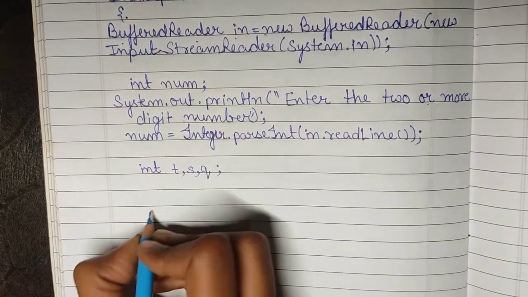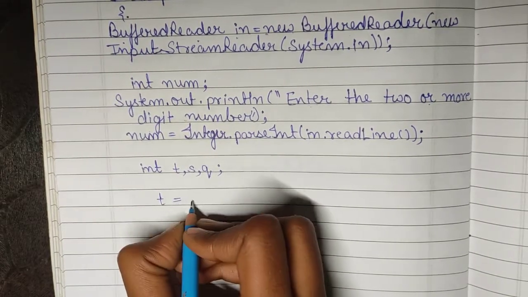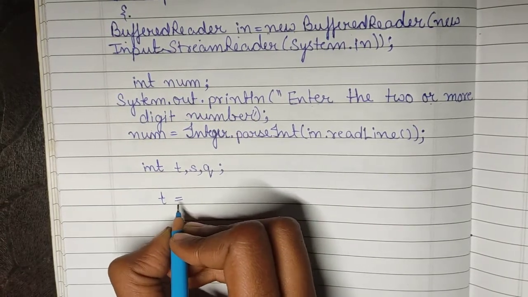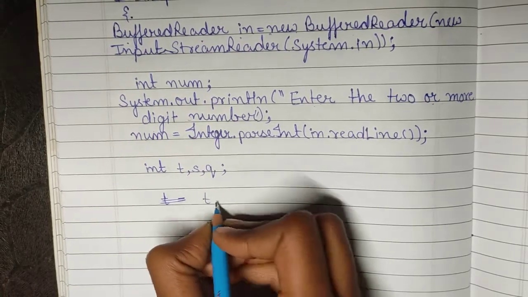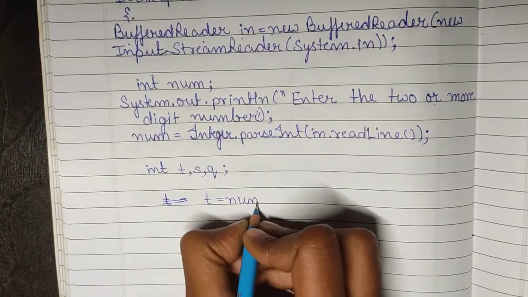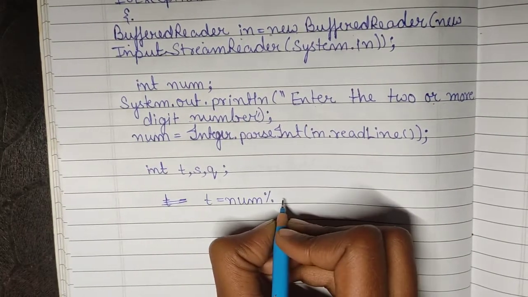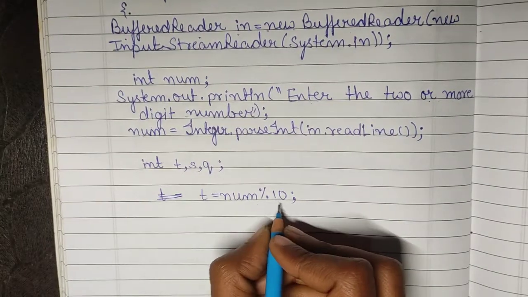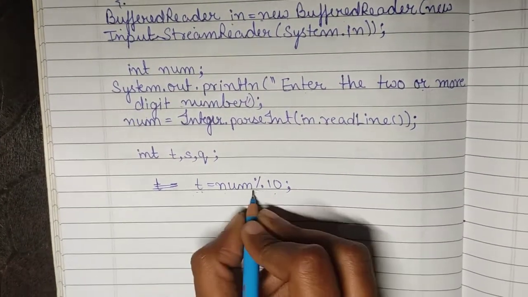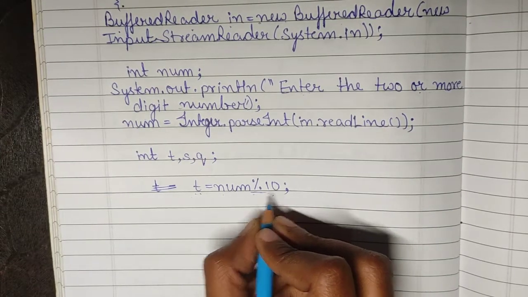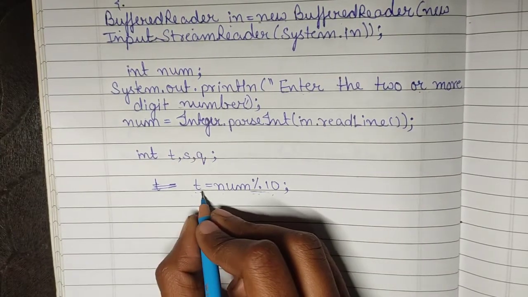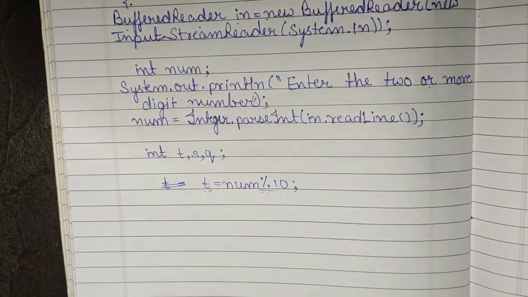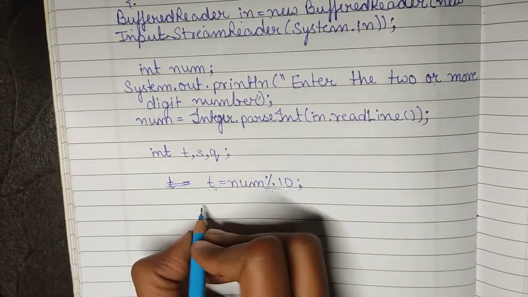Here we will take the first digit of that number. t equals num mod 10. So we will get the last digit of that number by dividing and getting the remainder of that number. So that remainder will be the last digit. We will store it in t, and for getting the first digit we are doing